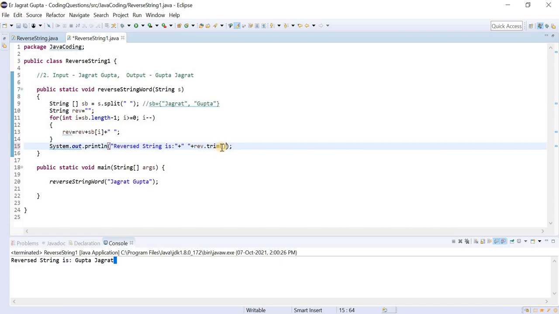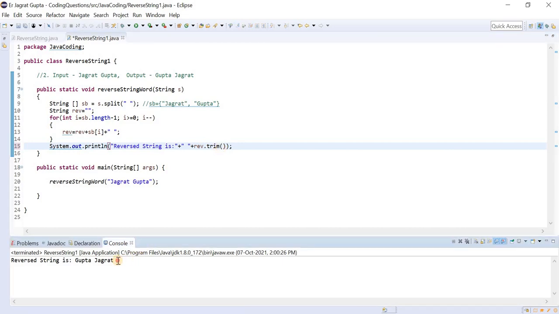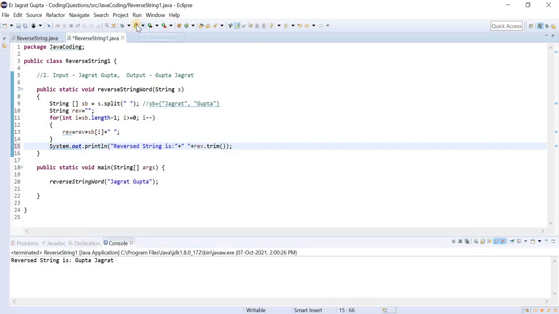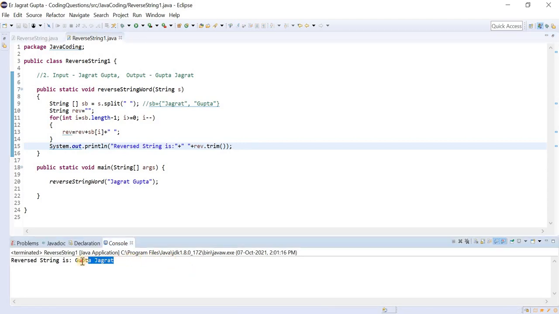This is one approach to remove the spaces. Let's see whether it is working fine now or not. Yeah, so you can see that now we achieved our expected output.